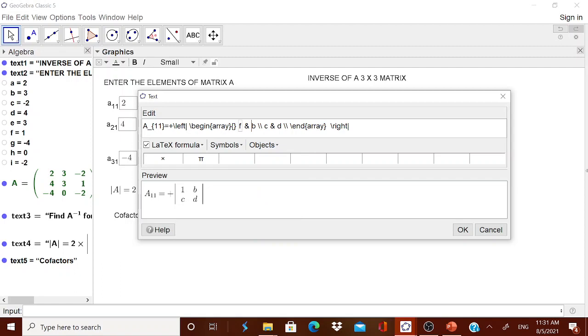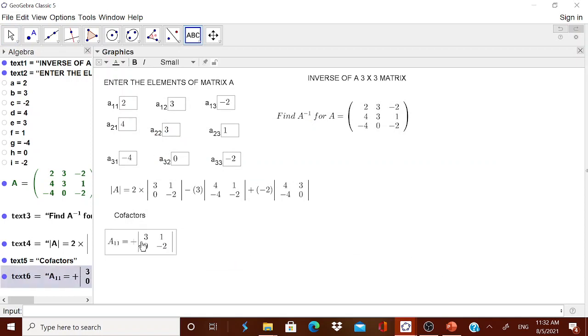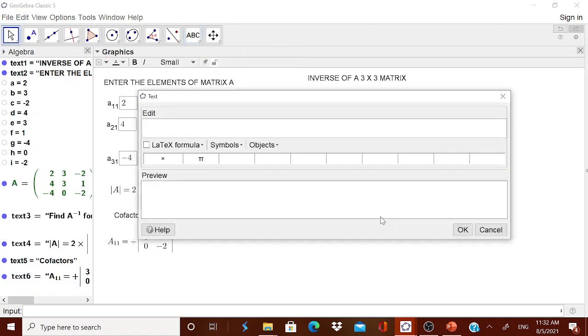You have to do all the calculations, but once you have done one calculation, you can do wonders. Then that will be the common one for everything, E. And in the second one it is F, then here it will be H, and here it will be I. Now a child can understand very quickly what the cofactor of the first one is: remove the row in which it lies, remove the column in which it lies.